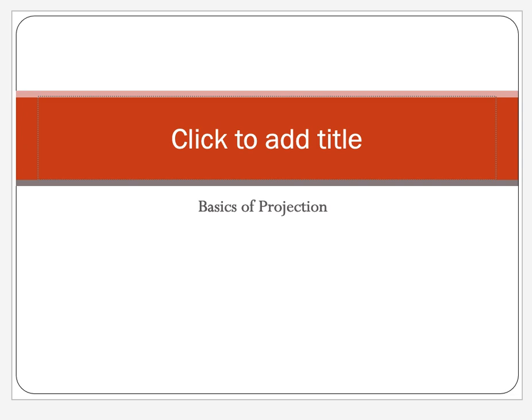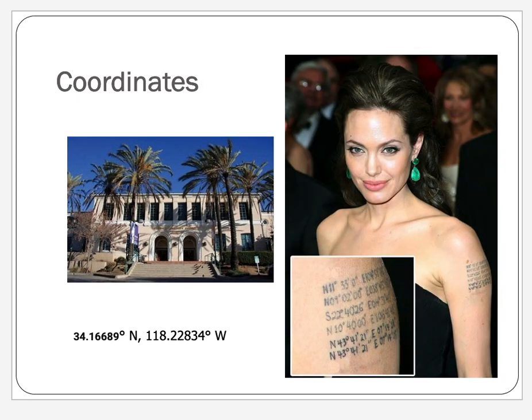This lecture is based on the basics of projection. I first want to go over coordinates. Coordinates can be expressed in many forms, but the most basic forms are latitude and longitude coordinates. For Glendale Community College, our coordinates are 34.16689 degrees north, and our longitude is 118.22834 degrees west. So we have our coordinates in decimal degrees, but we could also have them in degrees,